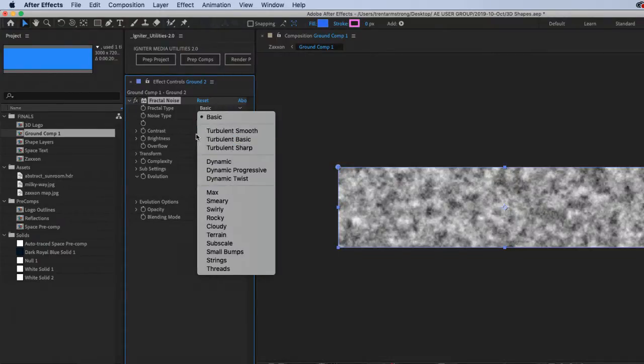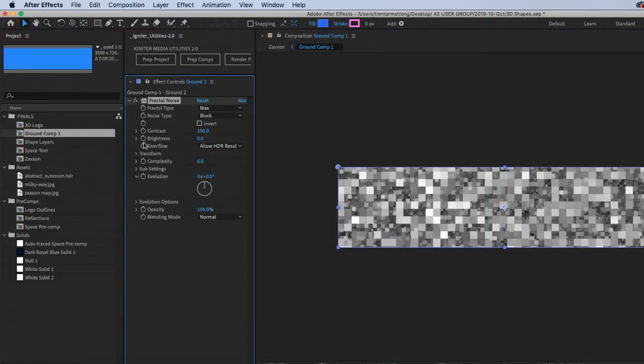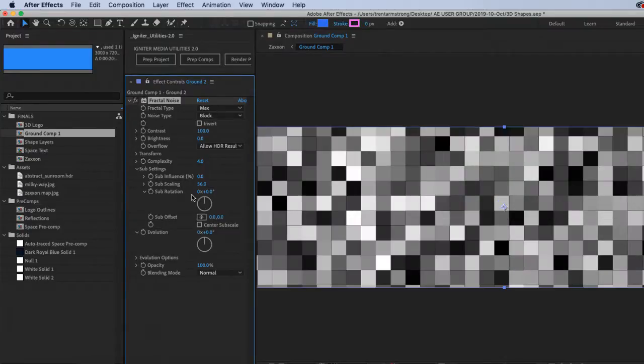We'll make it max and block. Complexity will be low and sub off like that. And then, hey, we can do HDR results. That's pretty good.